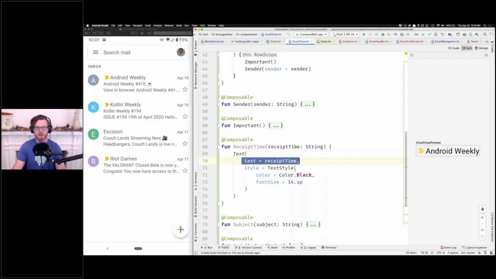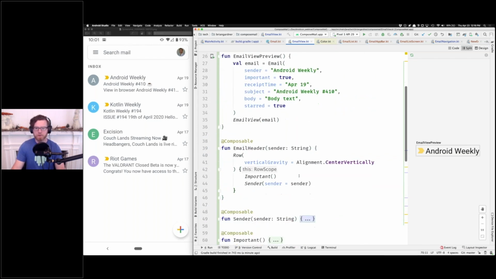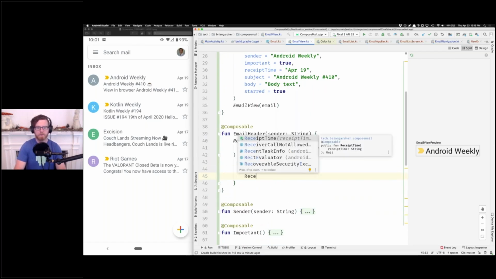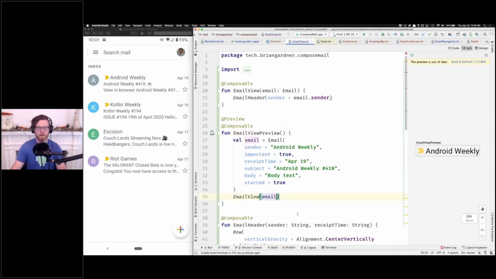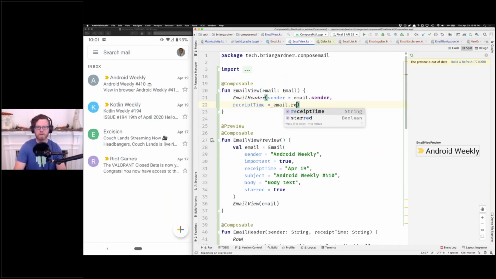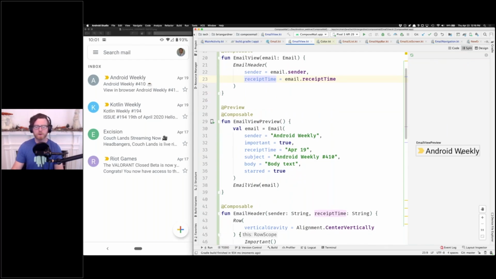And then I said, hey, show me some text, and then give it a style. If I want to add this to my row, I can just add the receipt time. It's my header, so I actually need to pass in the receipt time to my header. Get that, modify that. Here we go. Then I need to pass in the receipt time. Space that out a little bit. It's a little easier to see. Rebuild that. And that should display the receipt time next to my sender text, which it does, but everything's a